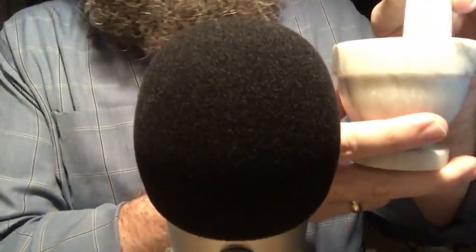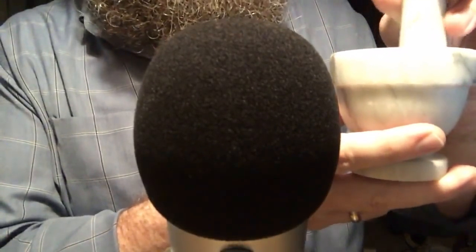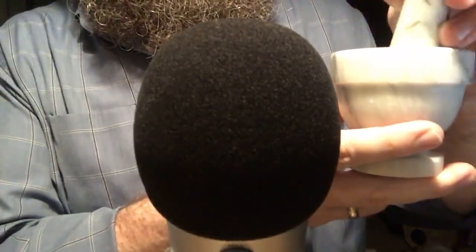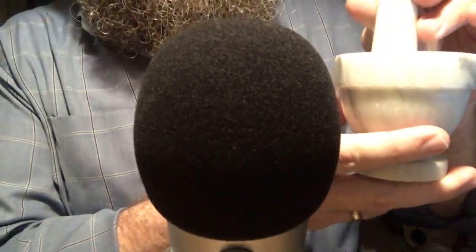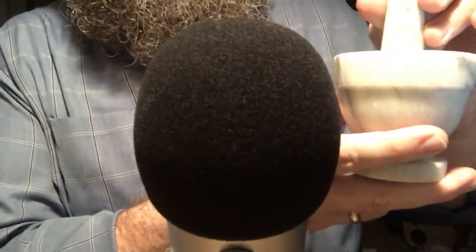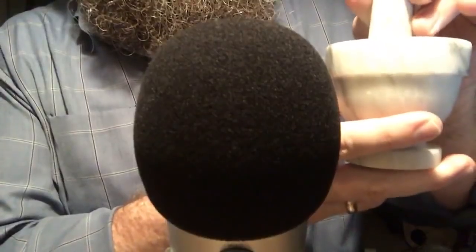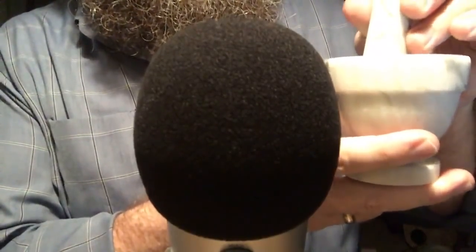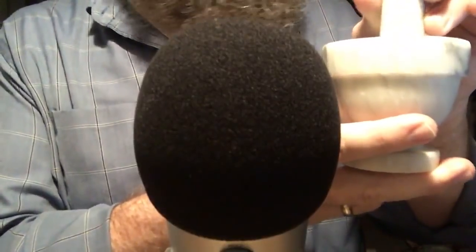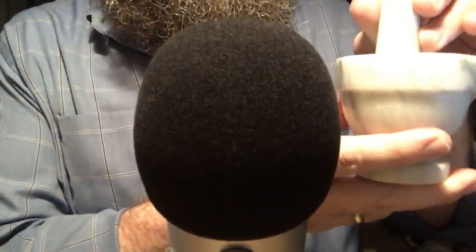Is this coming through at all? So that we know whether we can come back to this or not. I could always make more contact with the sides and then we get more of that marble sound, but I was really hoping to have more of the grinding. Maybe I should have used an herb or something rather than the